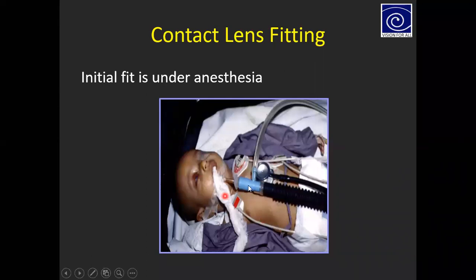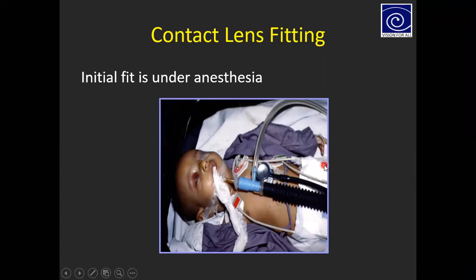Normally for the corneal K reading, we use an auto K, a manual or auto refractive keratometer, and from the scale we can measure the HVID and do the refraction in the OT under anesthesia.